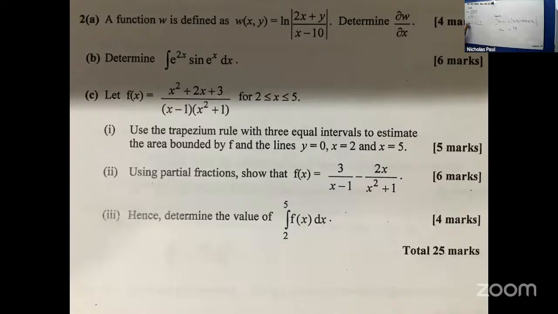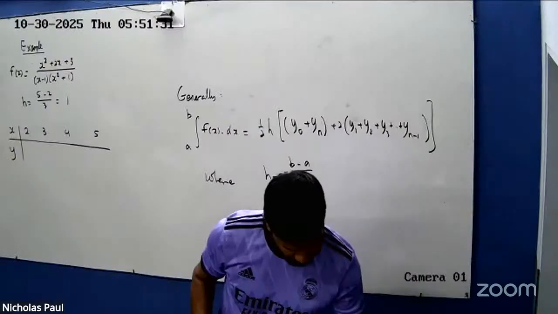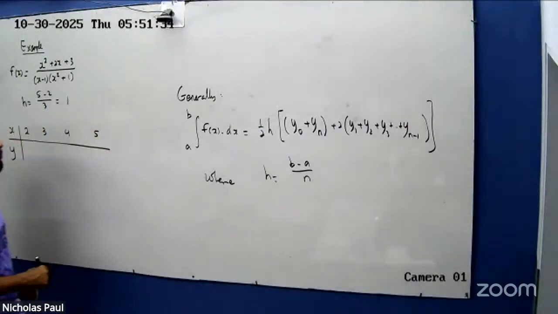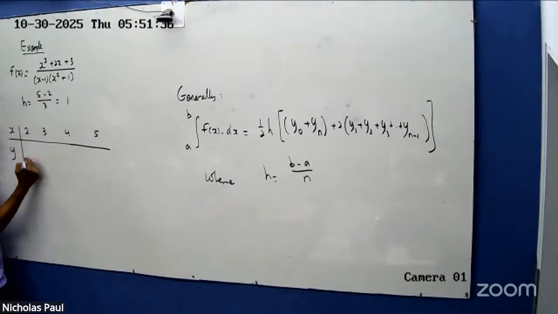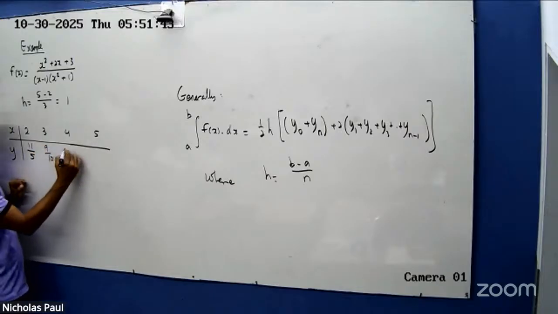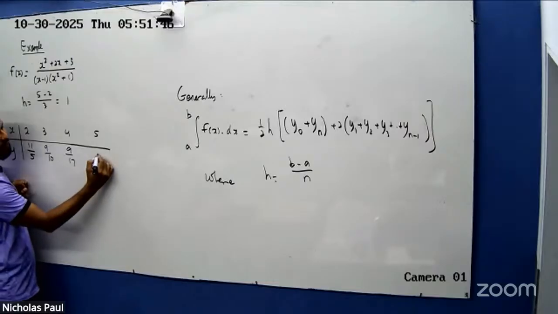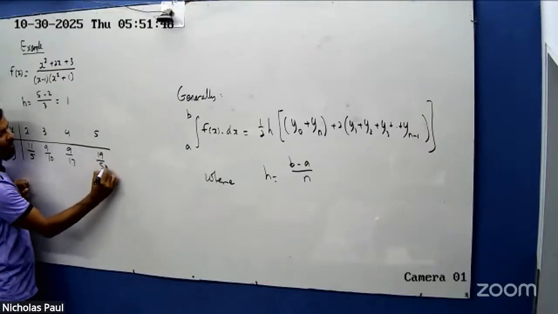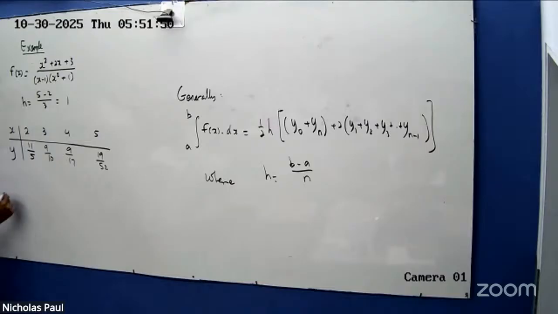Right. When x is 2, what did you get for y? As I said, please use the fraction. How much did you get? 11 on 5, when x is 3, 9 on 10, when x is 4, 9 on 7, when x is 5, 19 on 52. Nice. So now we need to get the integral between 5 and 2 of f of x with respect to x. So that'll be a half of